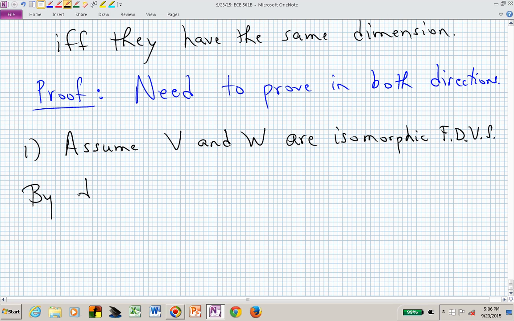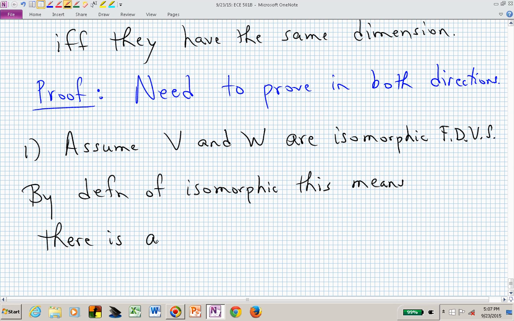By definition of isomorphic, what did we mean when we said isomorphic? That said we had an invertible linear map between those vector spaces. By definition of isomorphic, this means